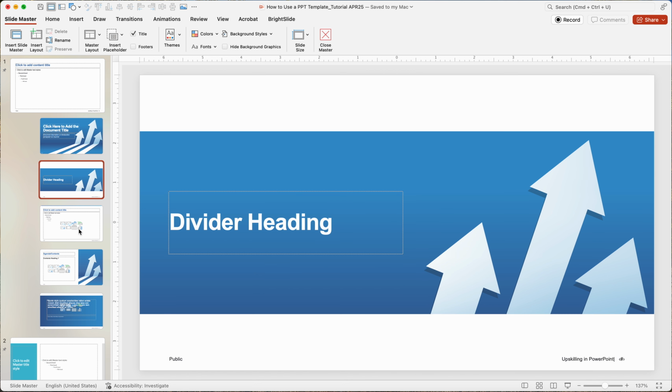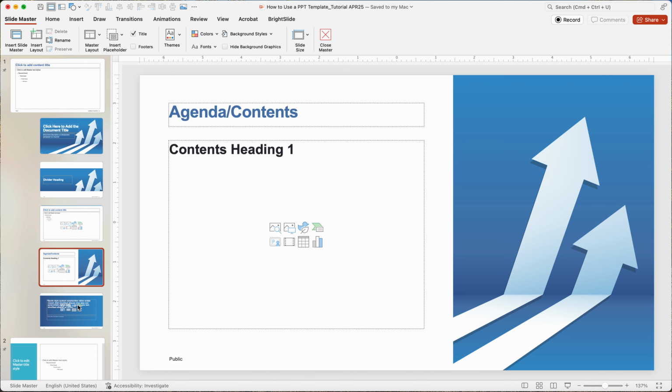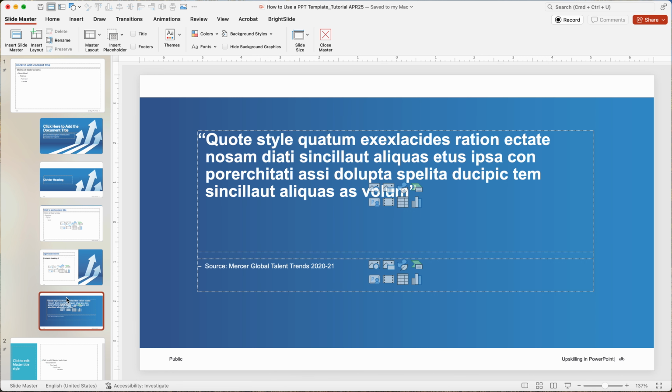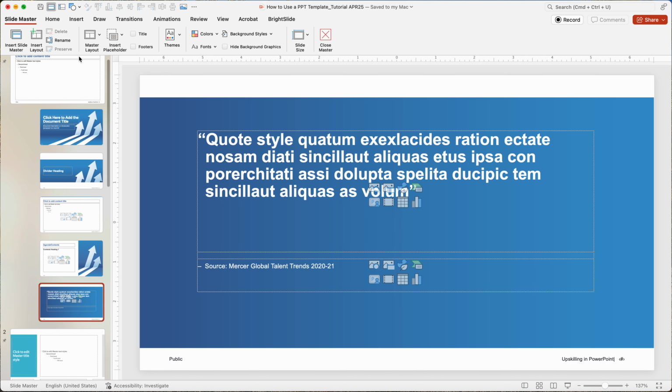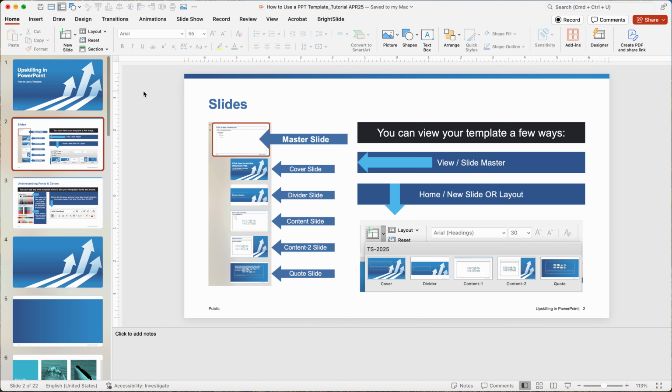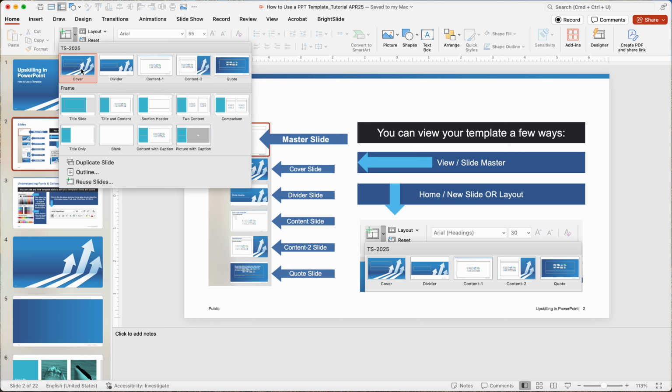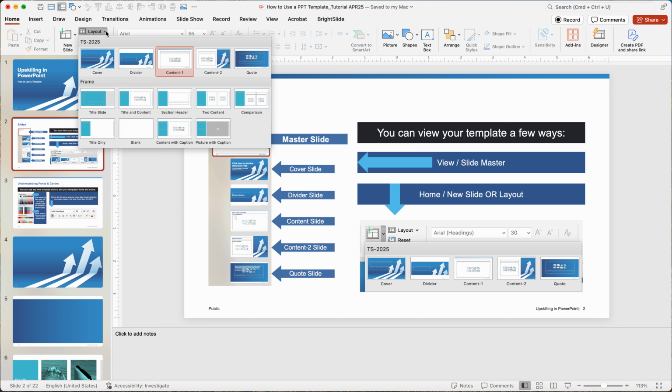This is a cover slide, a divider, content, another content slide, and just a fun kind of place I could put photos or quotes. Below this is another template that we're going to use for the purpose of this demo today. So going back to the front end, a couple other ways you can see what's in your template is you click on New Slide, and you get a quick view right there, and you can also see it under